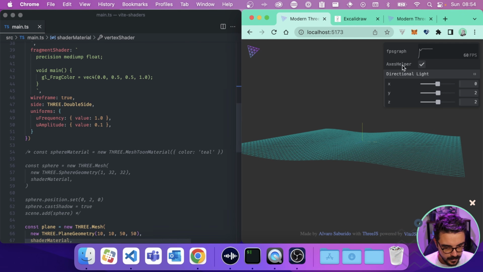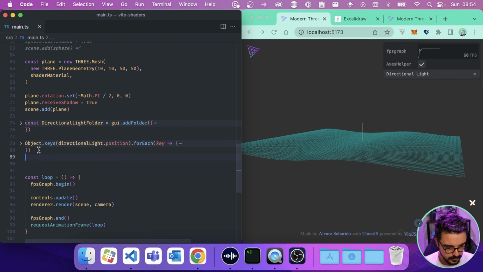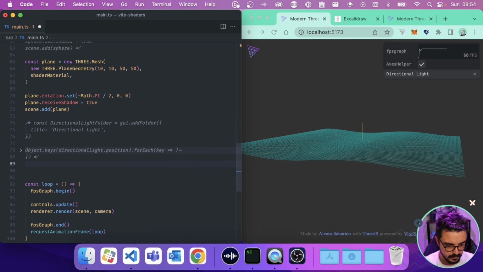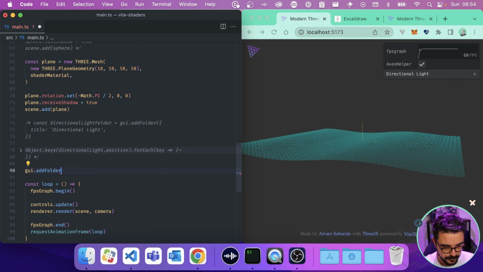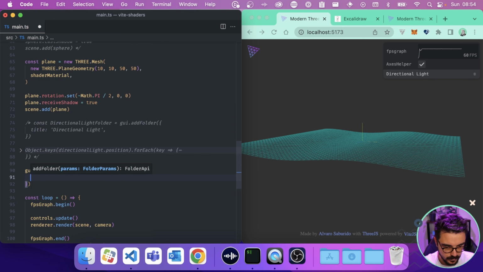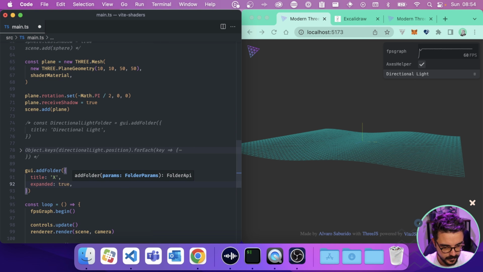Okay, let's add the tweak pane here in order to see it. We're not gonna do anything with the lights, so I'm gonna just comment it. And we have an object called gui, and we are gonna add a folder which is gonna be called title X. You're gonna see why in a moment. Expanded, and this is gonna be equal folderX.